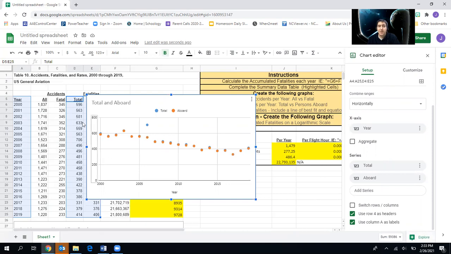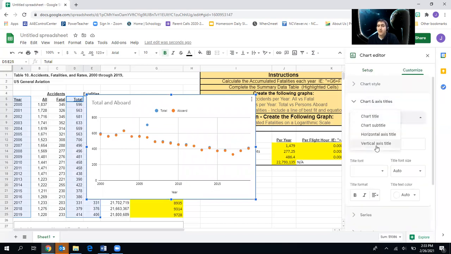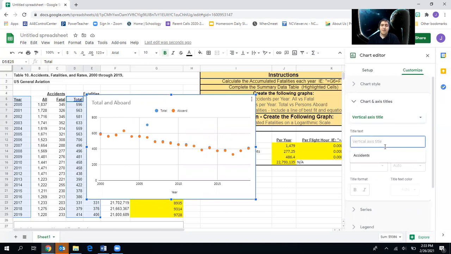We have all numerical data. I think we should be using a scatter plot for this. So here we are. And let's go over to customize because we're missing our y-axis labels. Go ahead, chart and axis titles. Let's change our vertical axis title. Let's call that